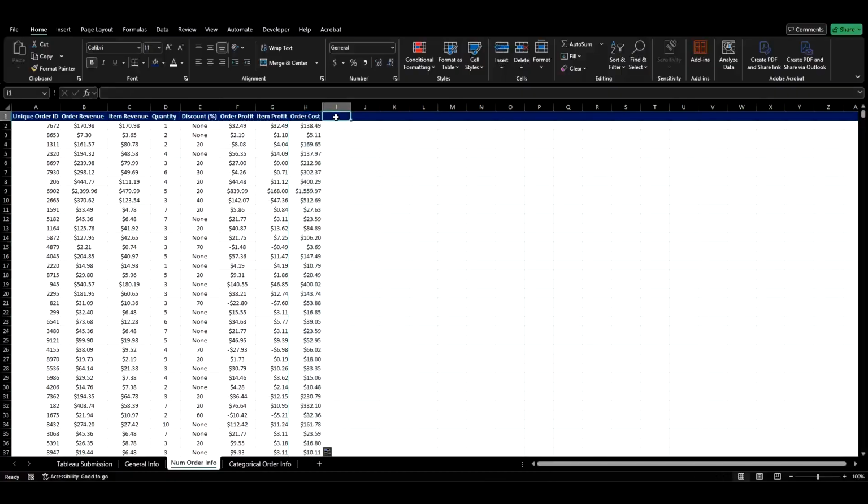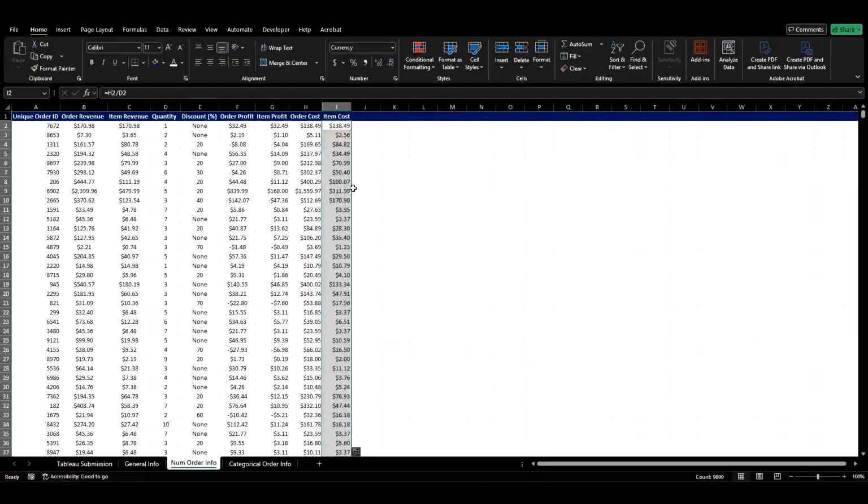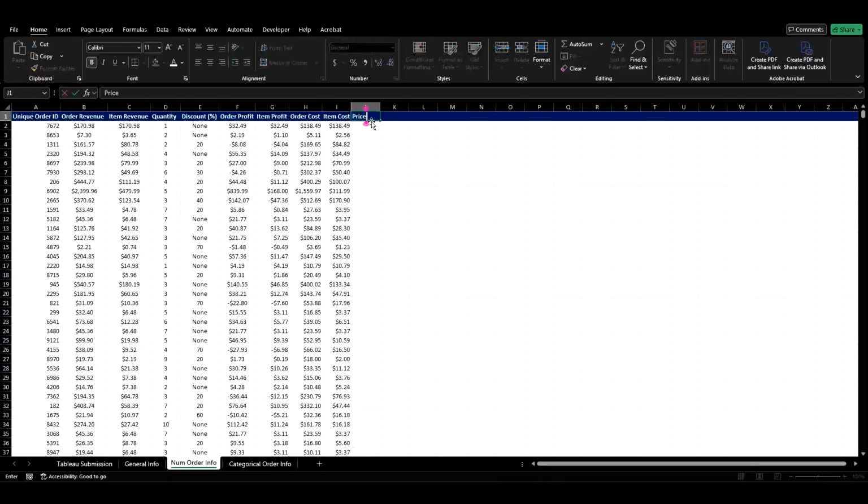Now I would go down and do something like this. I could also get, again, item cost, where I just do equals the order cost divided by the quantity. Hit enter, go ahead, double click it down. So I get lots of cool, interesting factors that I can go through and leverage. Another interesting variable that you could parse out is the price. If I have the price here, the price is just simply the revenue divided by the quantity, because that's the only way I get that revenue